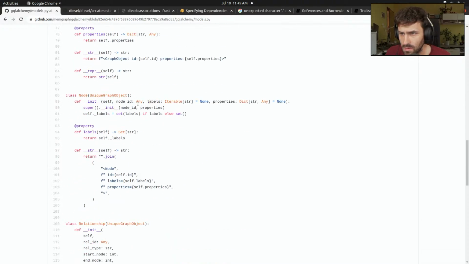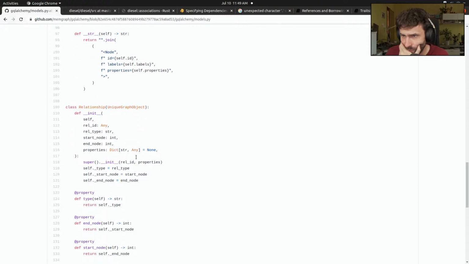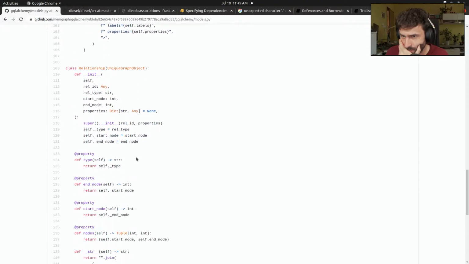Node. Aha. Each object here is a bit more